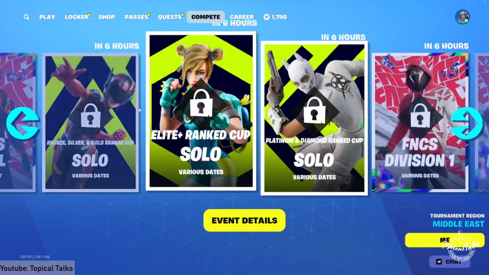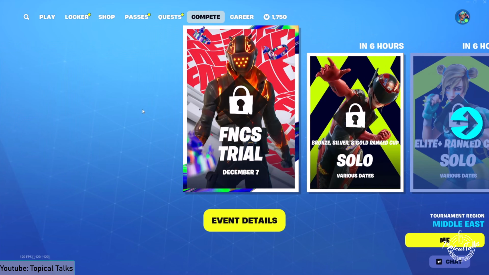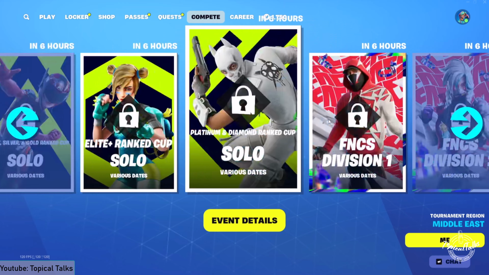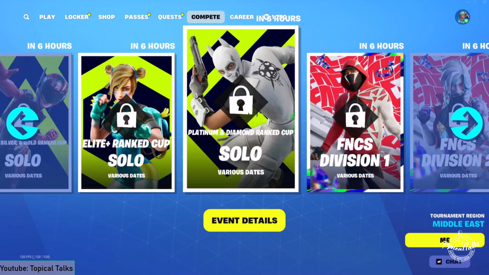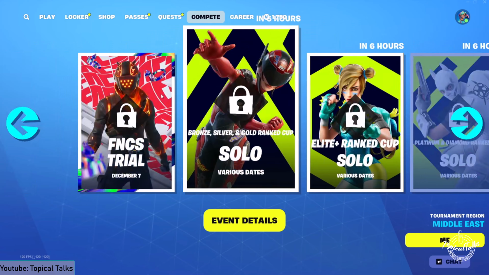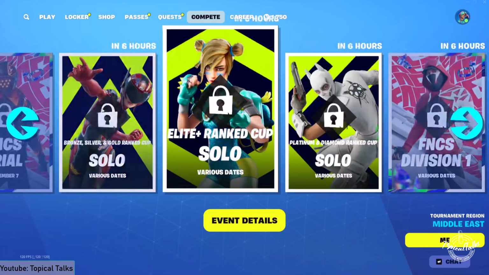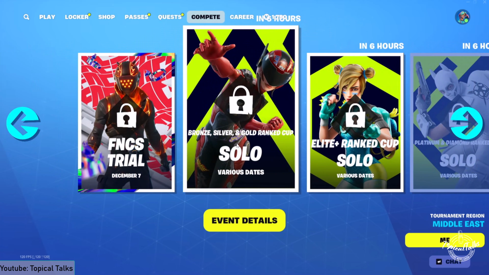And in order to participate in a tournament at the exact moment, the tournament needs to be live. Now, all the tournaments are not suitable for everyone. You need to meet certain criteria to participate in all the different tournaments. For instance, in ranked tournaments, you need to have the certain amount of rank that is required for participating in